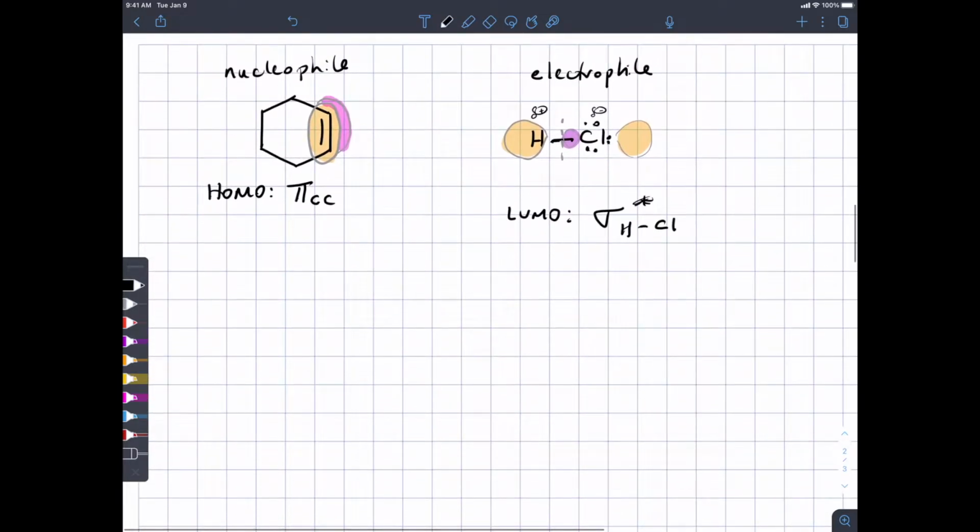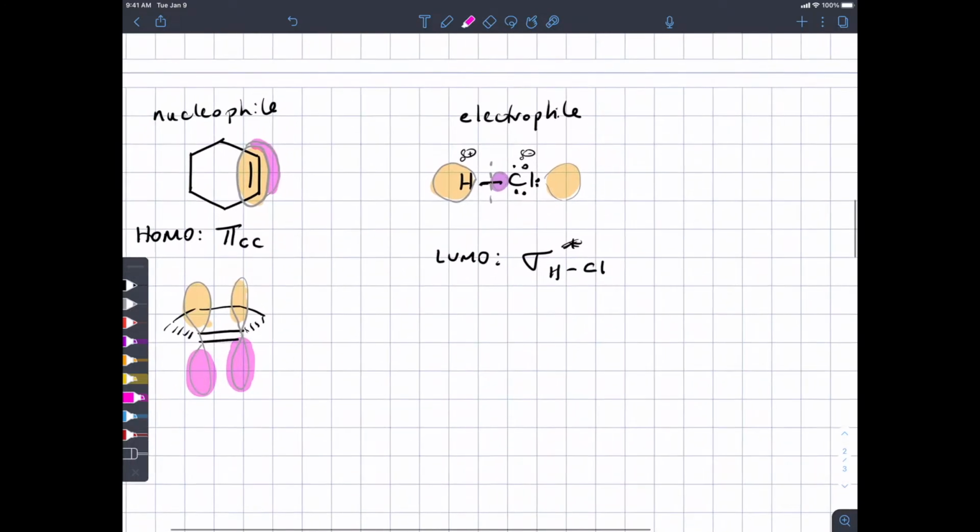If we looked at this sort of side on, we could also draw it just like two p orbitals side by side. Either of those drawings communicate things. Okay, so